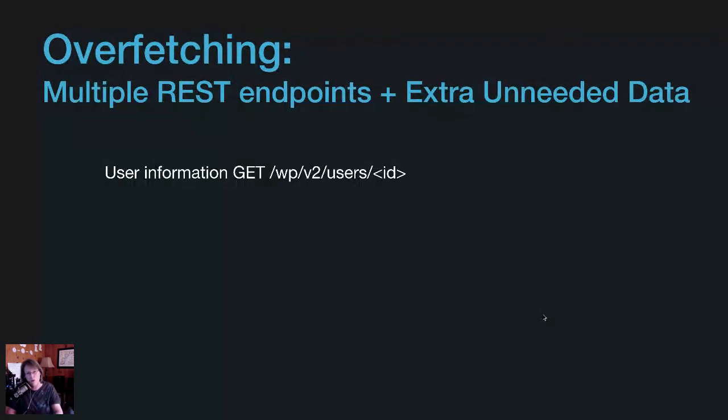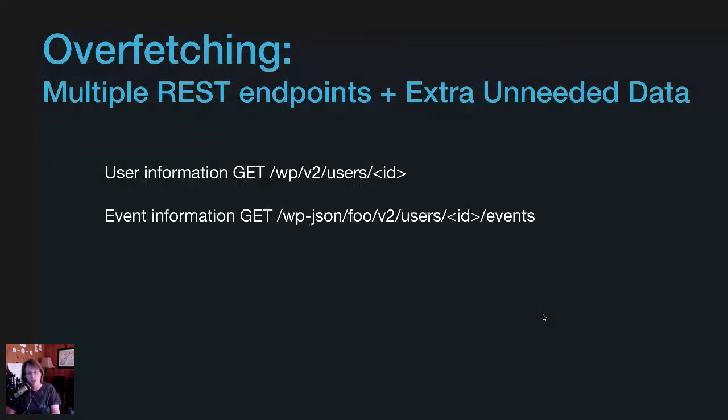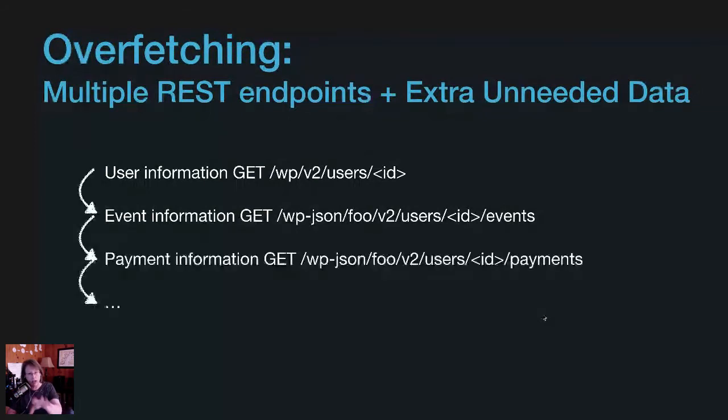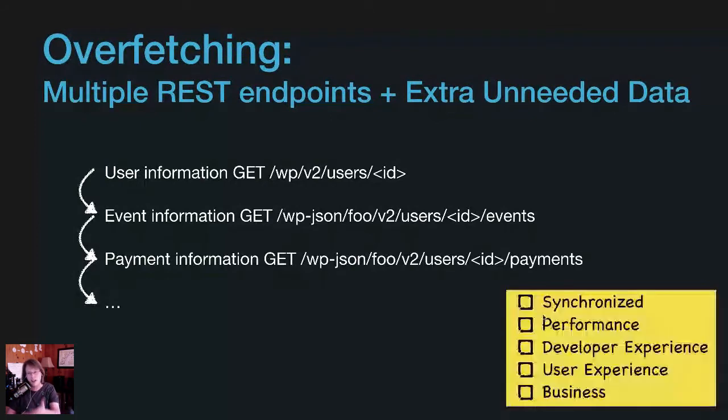Don't hold me to this, but as you start thinking about it, you need some user information, and then maybe you need event information if it's a scheduler type of application, right? So, hey, I need to know for these users what's the event information, what's their payment information, and so on. And we start getting all of these multiple endpoints going on, and we pluck out pieces out of each of those. So when we look at that, we can say, wait a minute, that doesn't tick any of the boxes